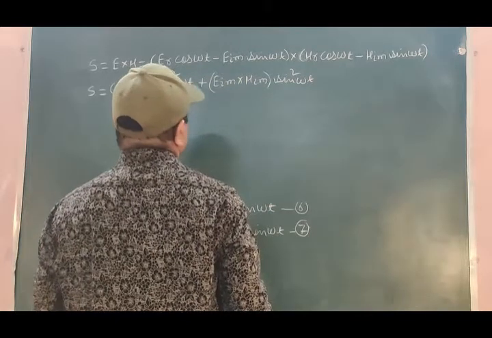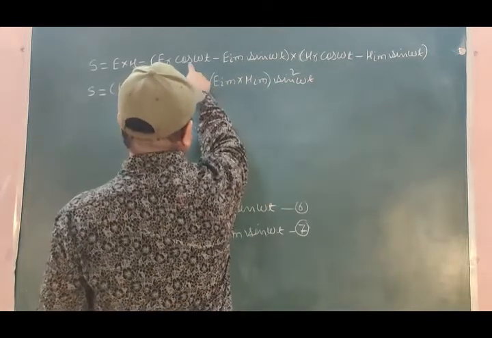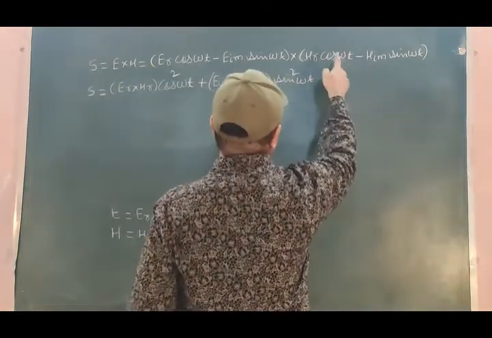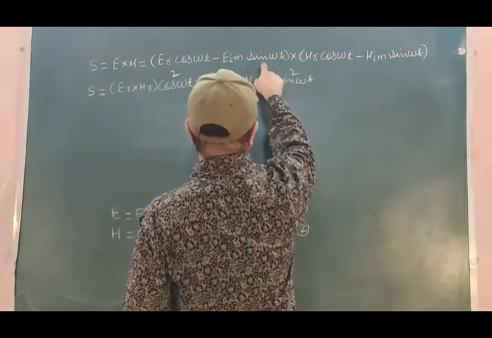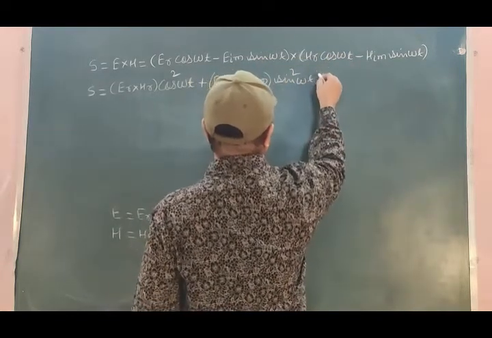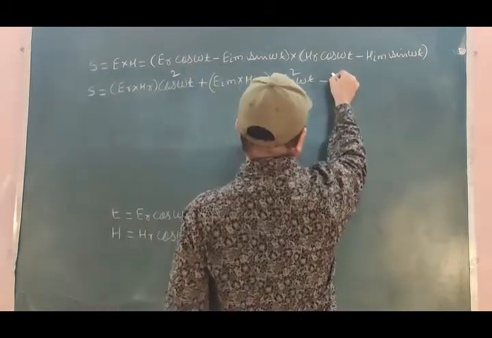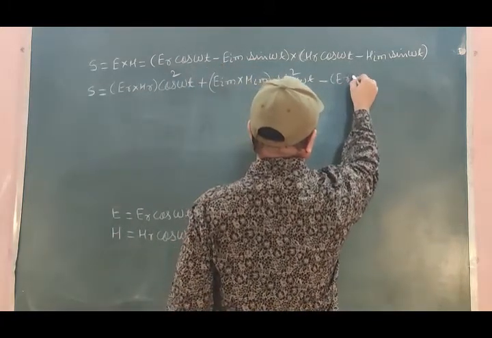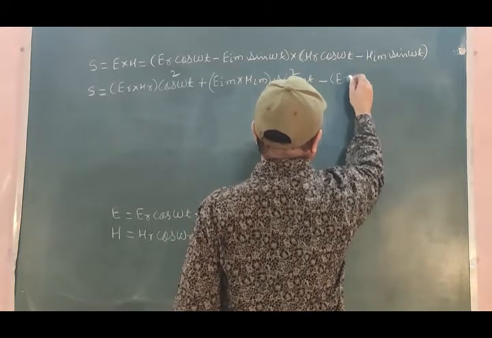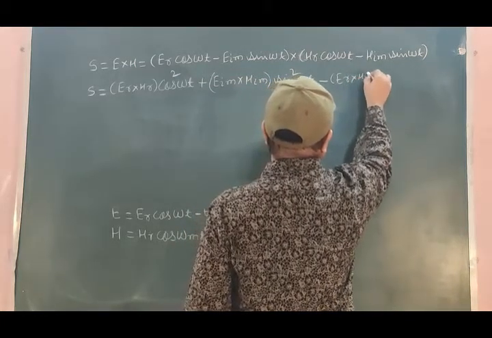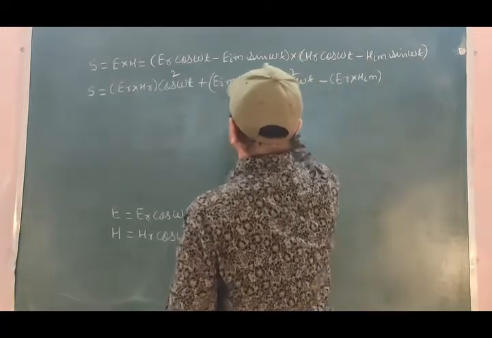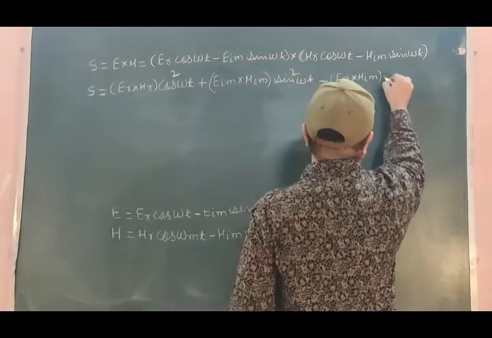Okay, and then what is left? The product of this with this, and that is minus ER cross HIM sin omega t cos omega t,